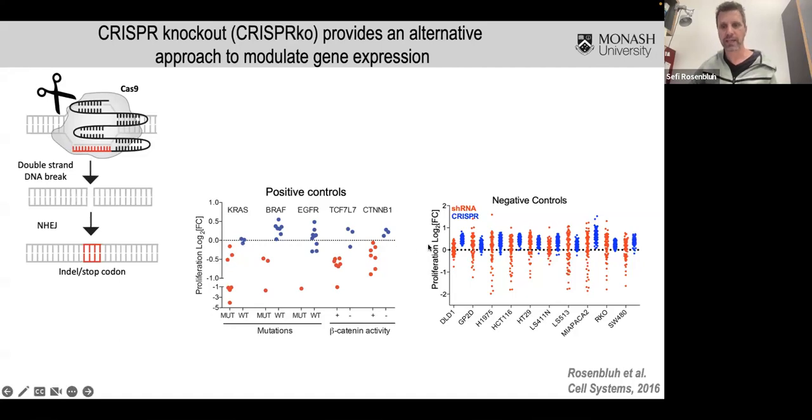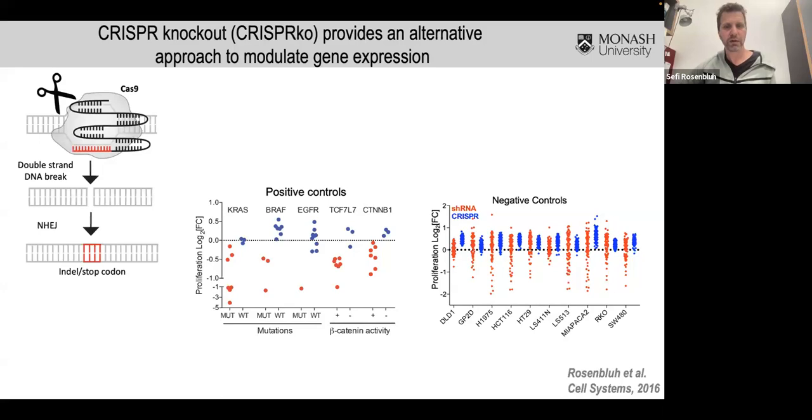But what really got us excited about this initially is when we looked at negative controls. So here we're comparing shRNAs in red and CRISPRs in blue, using shRNAs or guide RNAs targeting non-human genes. So, GFP, RFP, or luciferase. Here you would expect them not to do anything. And that's what we see for CRISPRs. They're all centered around 0, that's what you want to see. But for shRNAs, and anybody who's used shRNAs would know, many of them have these off-target effects. As I showed you before, these seed effects, even though they're not supposed to do anything, are doing things in the cells. So that got us very excited about CRISPRs.